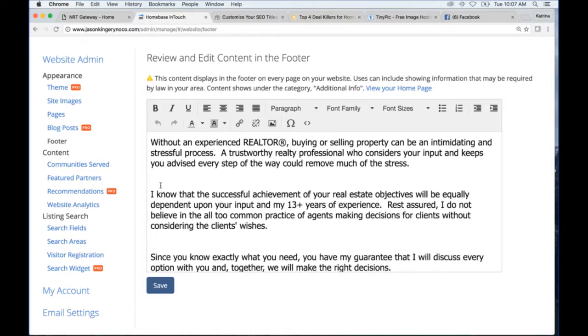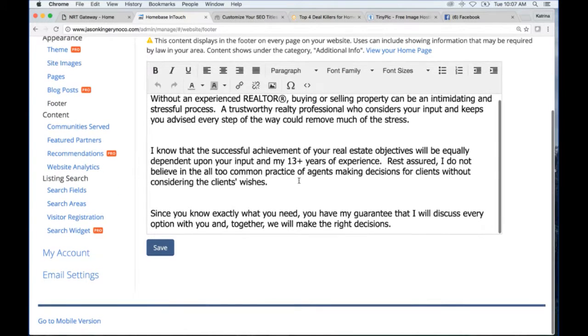The footer is just some standard verbiage that we kind of have there. Without an experienced realtor, buying or selling property is an intimidating, stressful process. You can feel free to edit that, you can change it to whatever you want it to. This is kind of some stuff the company had,